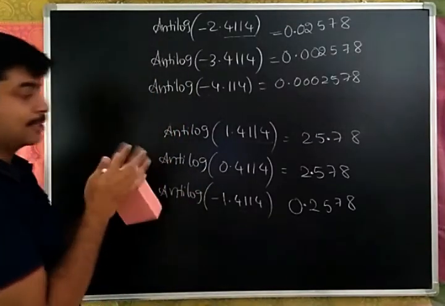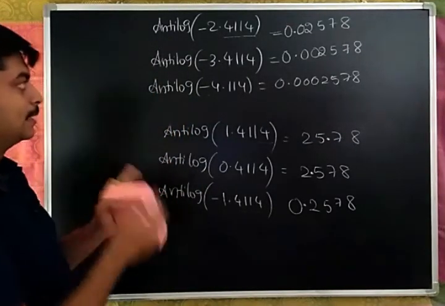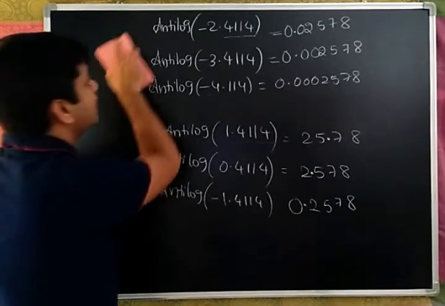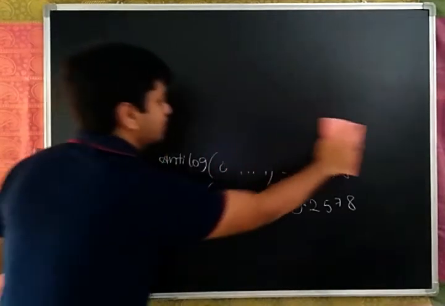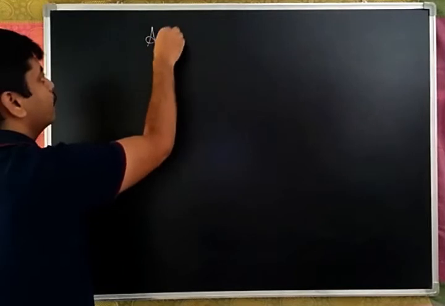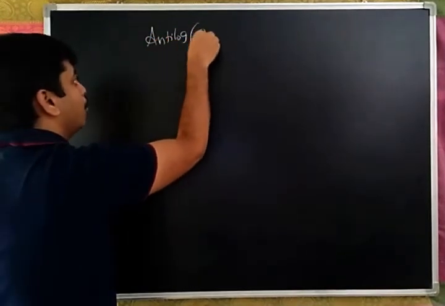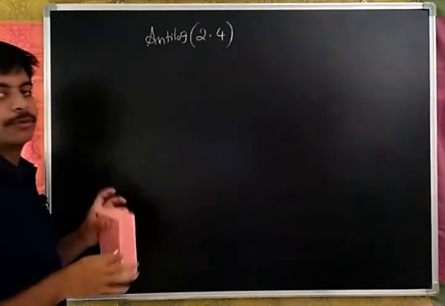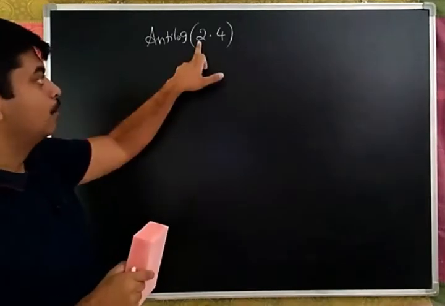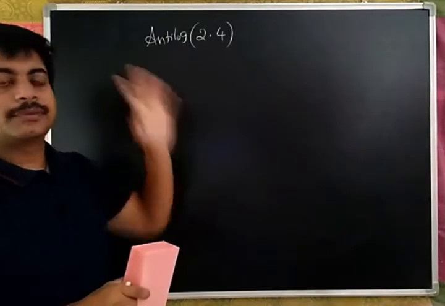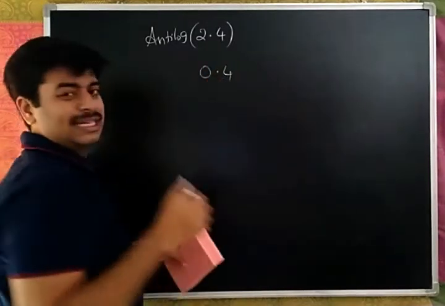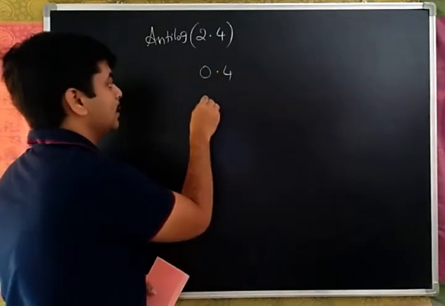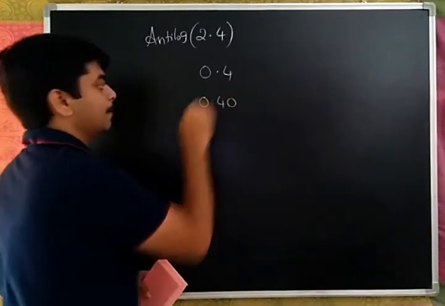Let us see some more values in anti-logarithm. Assume that we don't have this many digits. We only have a few digits. Then how to find anti-logarithm? Antilog of 2.4. We just have this digit 2.4. So this 2 will not have any importance. And you have 0.4. 0.4 means not the number 4. It is at the row 0.40.